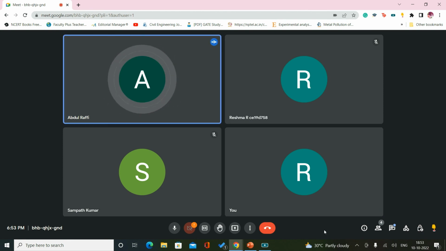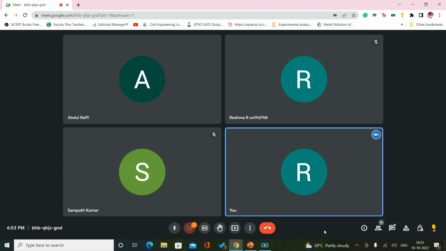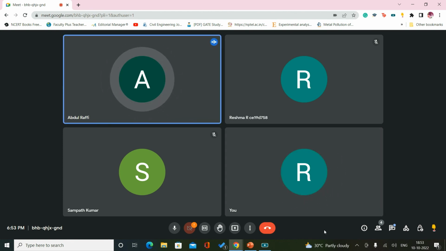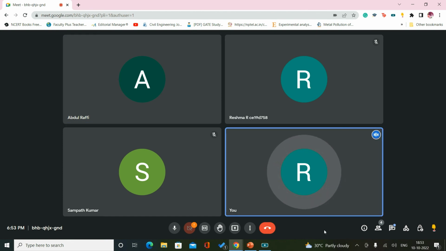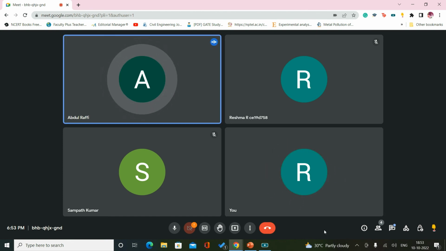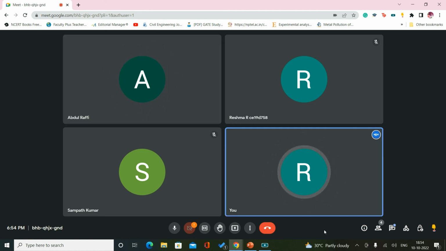Madam, small doubt. Yes. In active, passive and at-rest conditions, when you compare the three conditions for a granular soil, sandy soil, when you are comparing active, rest, and passive conditions,